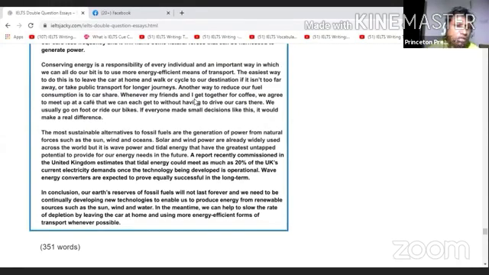The second issue: the most sustainable alternative to fossil fuels is the generation of power from natural sources such as the sun, wind, and ocean. This was the topic sentence. Now, the explanation. Solar and wind power are already widely used across the world, but it is wave power